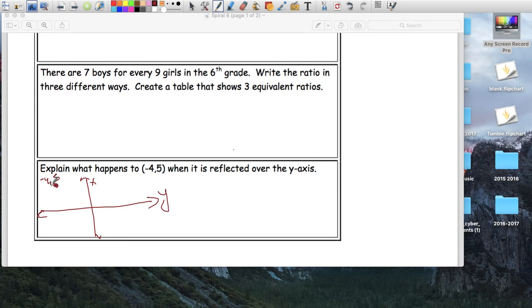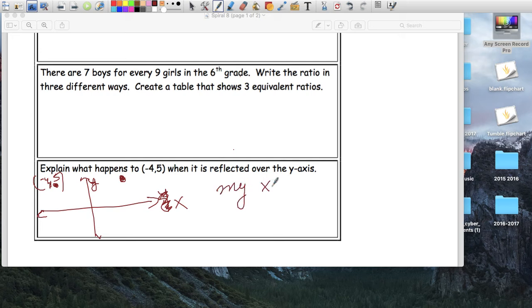Now, if I had to reflect this over the y-axis, sorry, this is my y, and this is my x. To reflect this, I would have to go from here to here, and my point would be on the other side over there. So what happens would be that